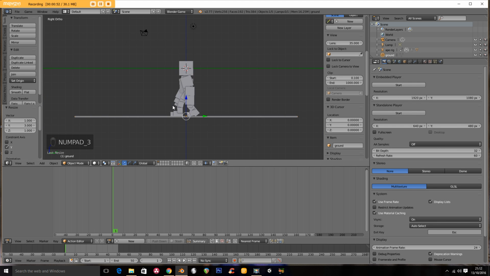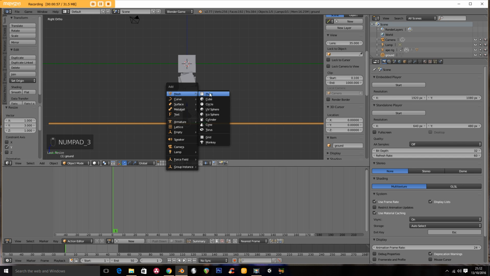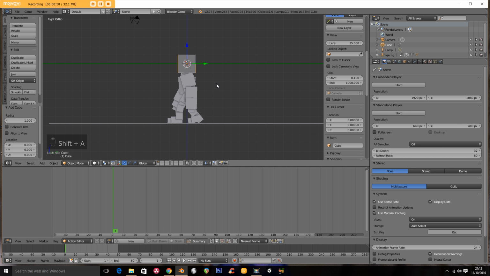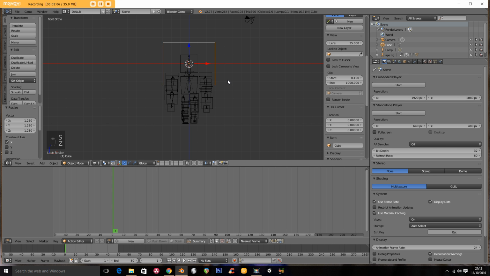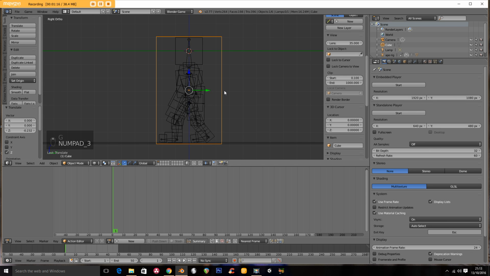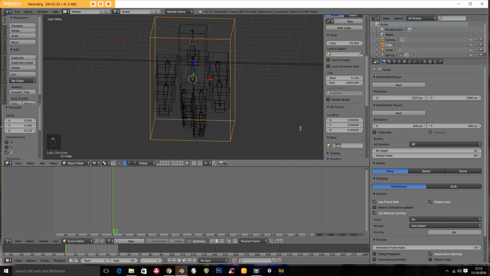Now the next thing we need to do is something probably you wouldn't expect. I'm going to add a cube. I'm going to scale that cube up. I'm going to look from the front here. I'm going to go SX and GZ and then SZ. And basically this cube is going to sort of envelop our character. And we're going to call this